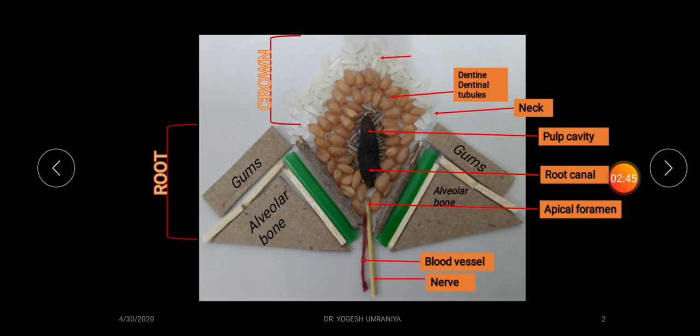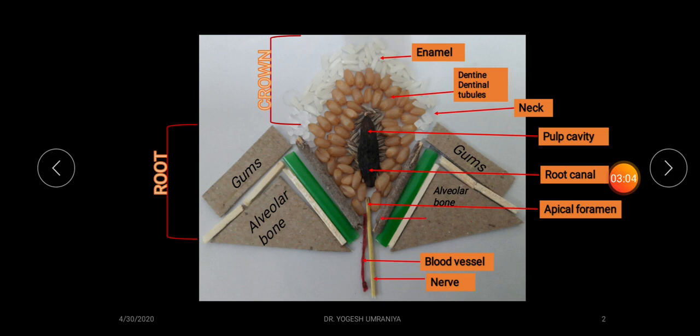Next, the topmost layer present at the crown, this much area, the whitish layer, is referred to as the enamel of the tooth, that is the hardest tissue found in the human body.